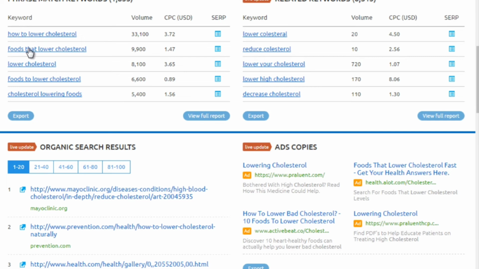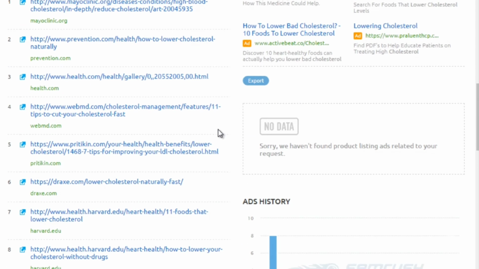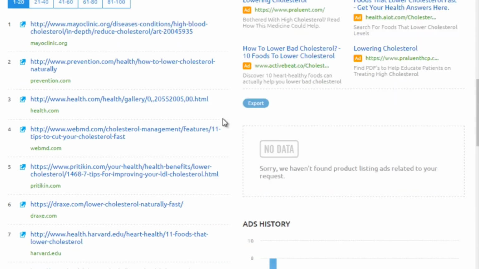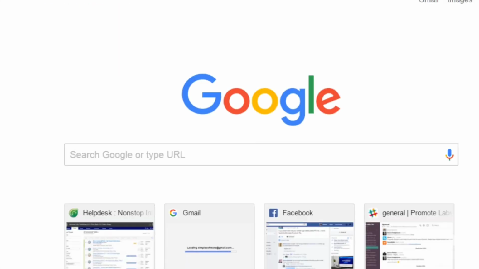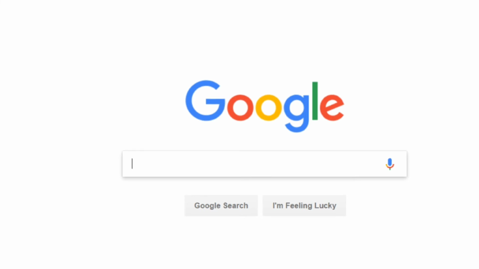As you can see here, foods that lower cholesterol, lowering foods. So there's a lot about foods. You can see that there are other keywords as well. There's ad copies, there's organic search results. You can also use Buzzsumo to generate topics. And in addition to this, if we head on over back to google.com, up at the top here,